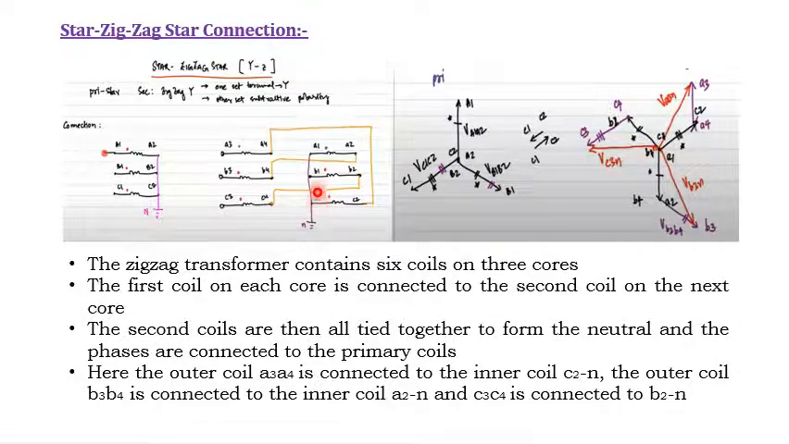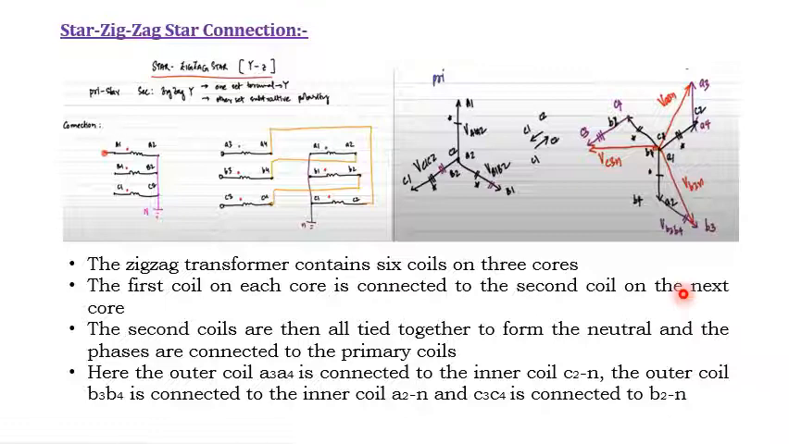Because C1, B1, A1 are shorted and connected to N, it is treated as the C2N coil. And the outer coil B3 B4 is connected to the inner coil A2N. Where is the inner coil A2N? This is connected to A2N, so this is termed neutral. Similarly, C3 C4 is connected to B2N. I hope you understood the zigzag star connection, how the connection can be done and how the